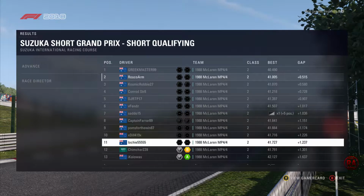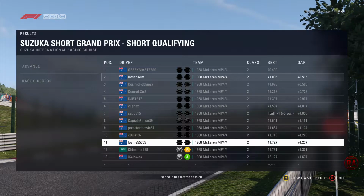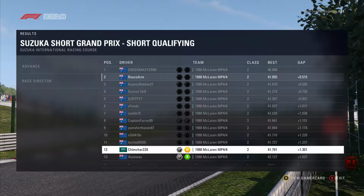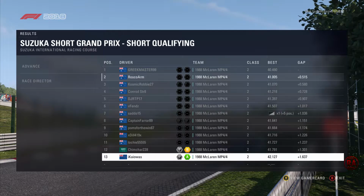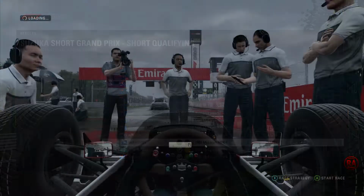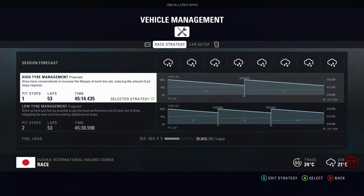Cosmic Robbie, Conrad, Penske, Fenn, Sato with the 5 grid place penalty, Captain Farah, Poms, X Dill, round out to 10, and Lockie, Chimchar, and Kiowas rounding out the 13 car grid. Now, we did have to have a little bit of a restart because we had 2 people join us a bit late, but getting to the race,